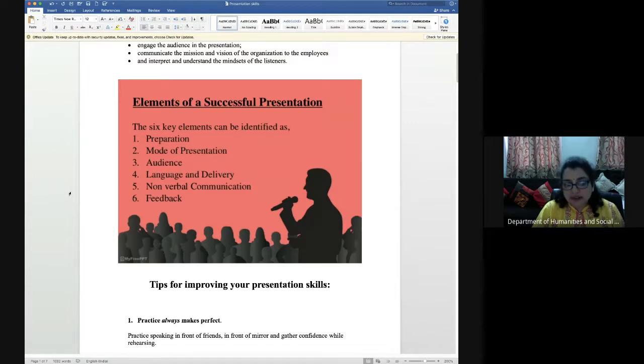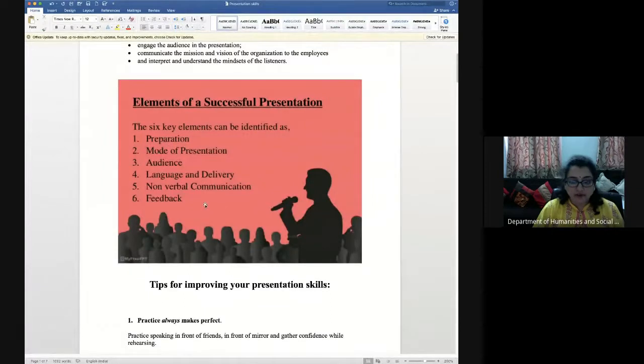If they are not able to understand you well, that means something is wrong with your language, or maybe with the delivery of the language. So it is not the fault of the audience that they cannot understand. If 80% of the audience can understand and 20% are not understanding, it's fine. But if only 20% can understand, it is the fault of the speaker, because the speaker might not be very clear, and that is why the audience is facing problems in understanding. So the language and the delivery of the presentation also becomes an important point. We will be discussing these things in detail later on, but I am just giving you the points on how you can have a very successful presentation.